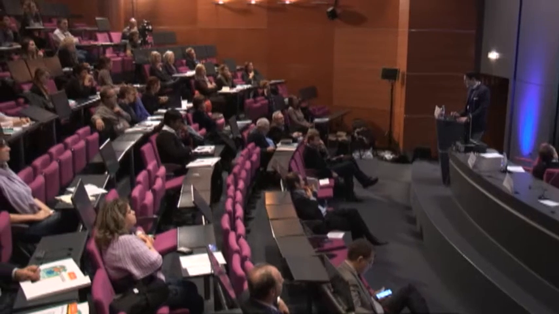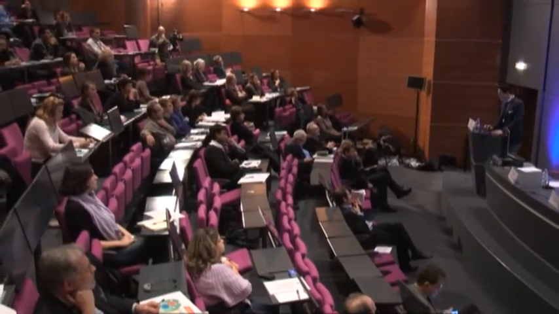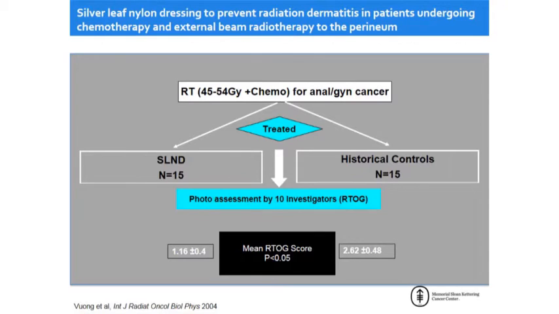silver. This is frequently used in burn wounds for its antimicrobial activities, and it is considered to be more effective than silver sulfadiazine for burn wounds. So it is antimicrobial and is believed to have wound healing properties. In this study, which was a small study, the silver leaf nylon dressing was compared to historical controls, and photos of the patients were assessed by 10 investigators. The results of the study are shown here. The mean RTOG score was less than half of that from the historical controls when the silver leaf nylon